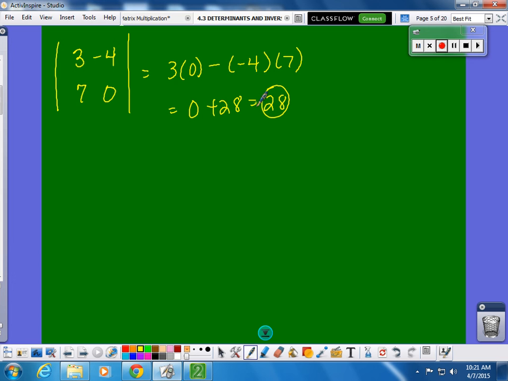You guys agree? So today we've learned how to multiply. We've learned some more vocabulary, and we know how to do a 2 by 2 determinant. Okay, so that's everything we've done today. I'm going to save 3 by 3s for tomorrow because we're going to need some time to work on that. So let me assign